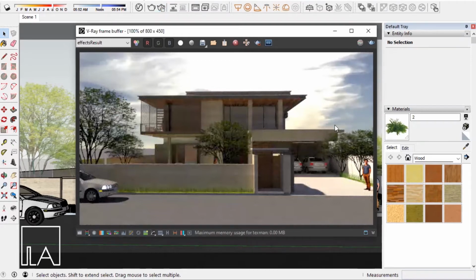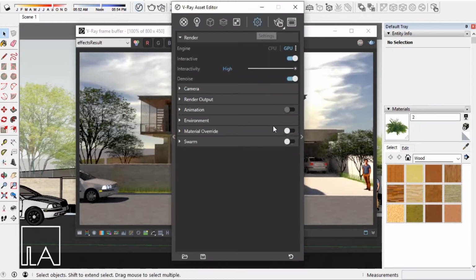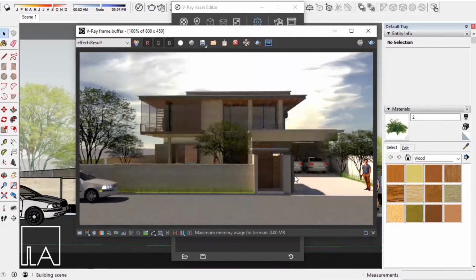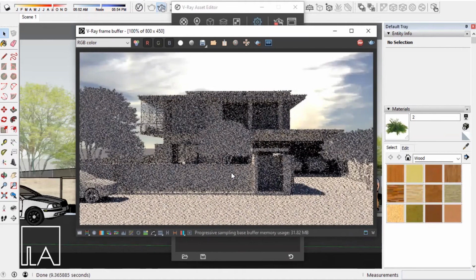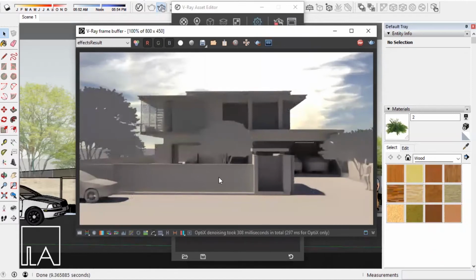And now to adjust the light settings, we'll just go to our asset editor and in our settings, we'll turn on the material override option. So by turning on the material override option, we'll now be able to see only the default material in the render. So here, once I turn on my material override, we'll take a render again. So you guys can see the difference. By this way, we'll be able to edit the light in a more accurate way. So I'll just stop this render and now we'll go and first see the settings in our dome light.